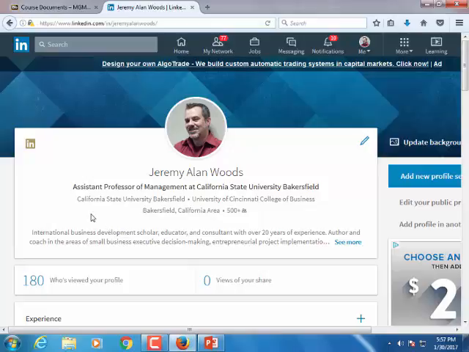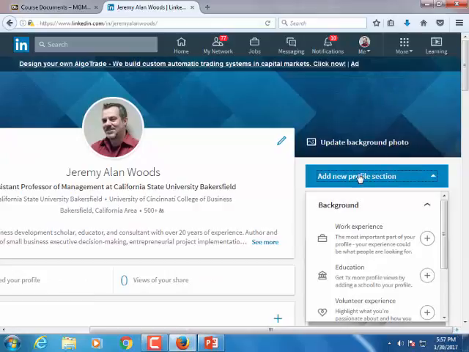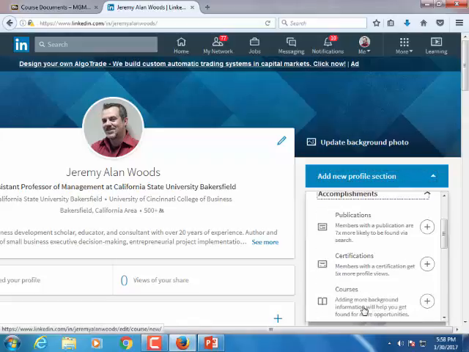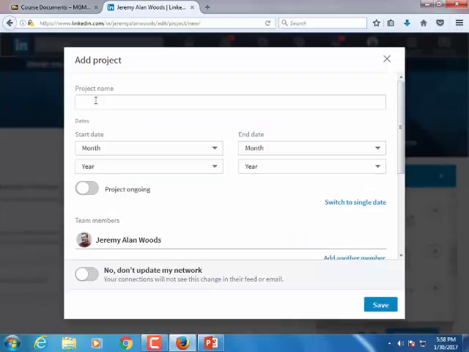So in order to add things to your profile, like your work experience, academic projects, your school experience, you just go over to the right-hand side here, add new profile section. There's work experience, education, volunteer experience. If you scroll down, skills and accomplishments. Accomplishments is where you're going to find projects. So if you want to add a project, you're going to go to the accomplishments section, then click on projects, and you can add